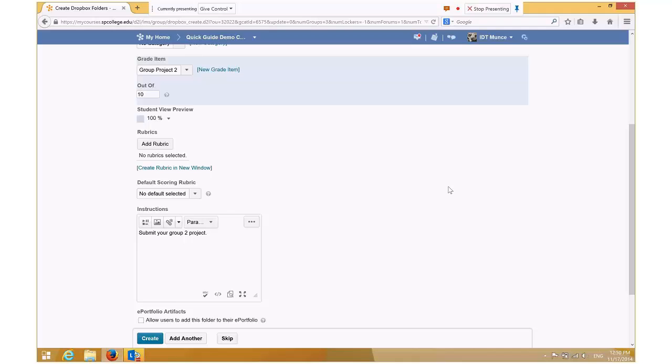One neat thing about the groups in D2L is that when you create this Dropbox, if you only have your group leaders submit, the grade goes to everyone in the group. You don't have to manually go in and add that grade to every group member, which you did have to do in Angel, as I recall. So only the group